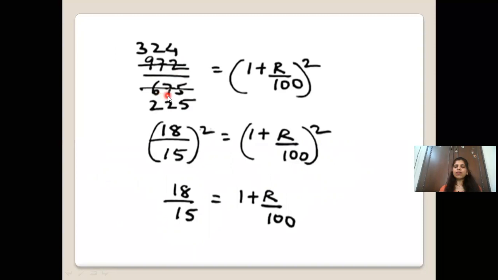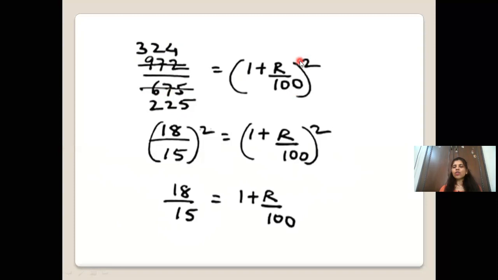6 plus 7, 13. 13 plus 5, 18. It is divisible. 9 plus 2, 11. 11 plus 7, 18. So it is divisible. Now divide with 3. 3 threes are 9, 3 twos are 6, 1 carry over, 3 fours are 12, 3 twos are 6, 3 twos are 6, 3 fives are 15. So you can see now these two numbers are not further divisible.